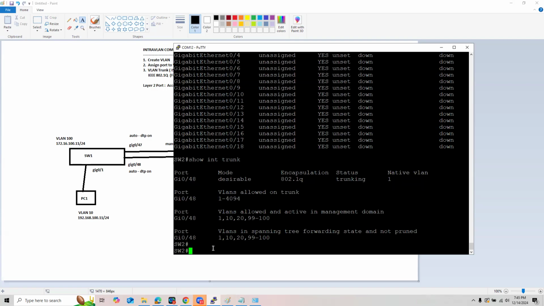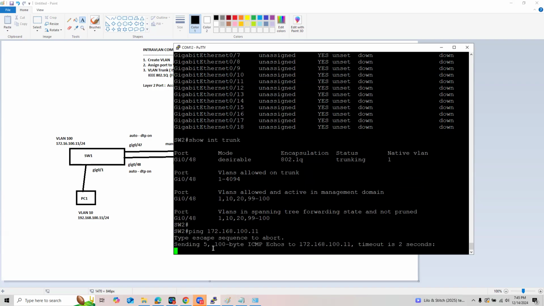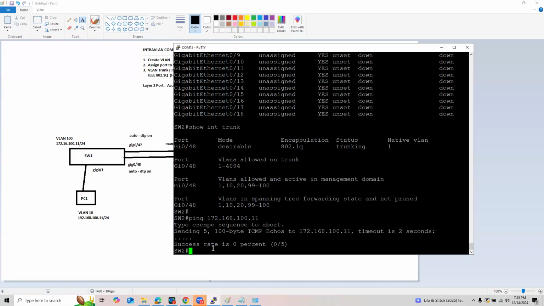Okay, let's now ping. Let's verify if we have interconnectivity between switch 2 and switch 1. So switch 1 is 100.11. We should now have connectivity. Hopefully. Sorry guys, I have a wrong IP address. That should have been 172.16. Anyway, excuse me, this should be 16 here.